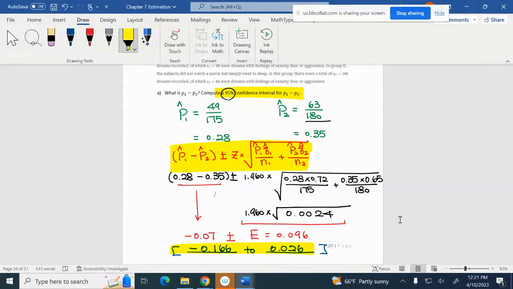Right? You know the proportion difference, sometimes it's negative, sometimes it's positive. When do we have a negative difference? If the second proportion is bigger than the first one, we can take a negative difference. When we have a positive difference, the first one is bigger than the second one. Sometimes negative, sometimes it's positive.